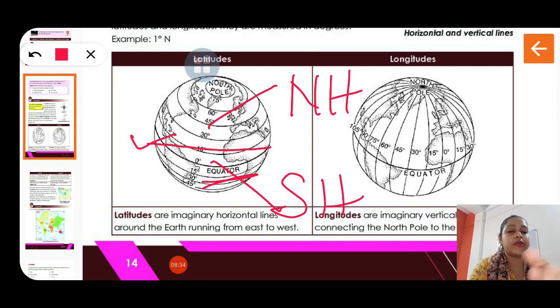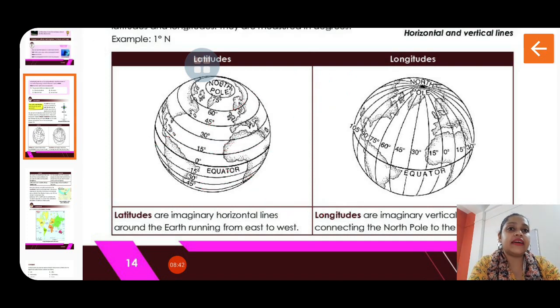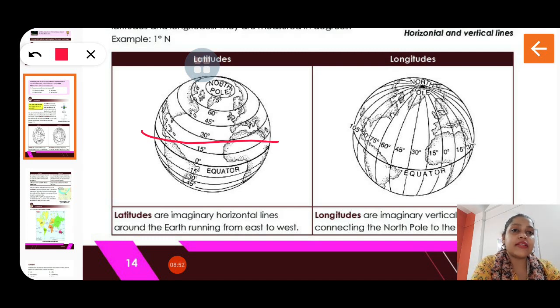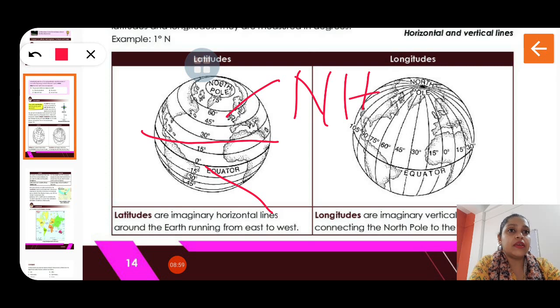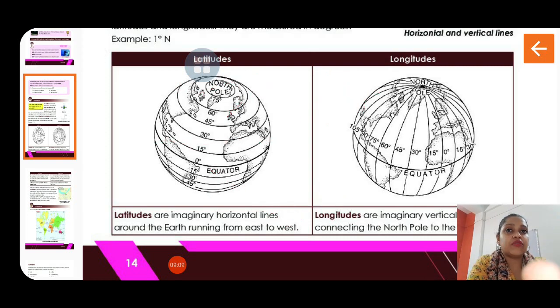Okay, now the equator is the latitude which runs through the middle of the earth, totally from the middle of the earth. Okay, and it divides the earth into two equal halves. The upper half, which is towards the North Pole, is called the northern hemisphere, and the lower half, which lies towards the South Pole, is the southern hemisphere. This is the northern hemisphere because it lies towards the North Pole, north direction, and southern hemisphere because it lies towards the South Pole. Here the South Pole is there. Okay, so I hope it's clear.